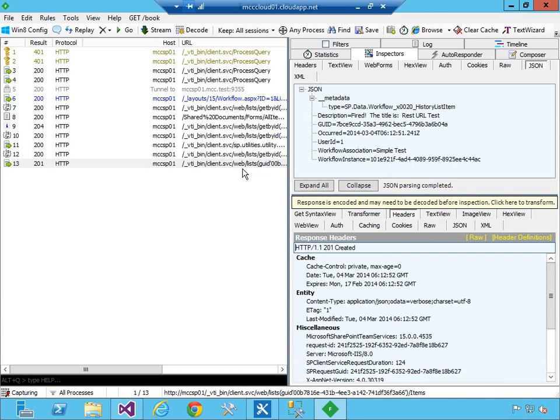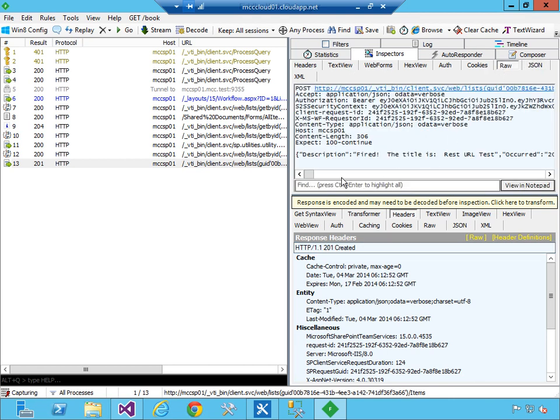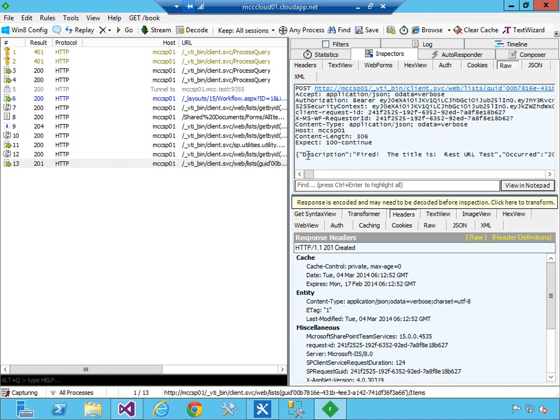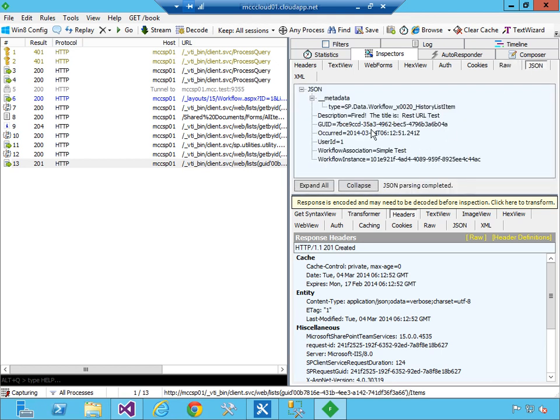So this is the call from Workflow Manager back into SharePoint, and this is actually writing to the history log, but it's writing to it via the web service. So it's calling the web services API in SharePoint. So if we look at the raw, you can see here it's doing a post to our SharePoint server to the workflow history list, and it's sending in JSON. The JSON is just a history list item, and here's the description, the GUID, user ID, workflow instance,